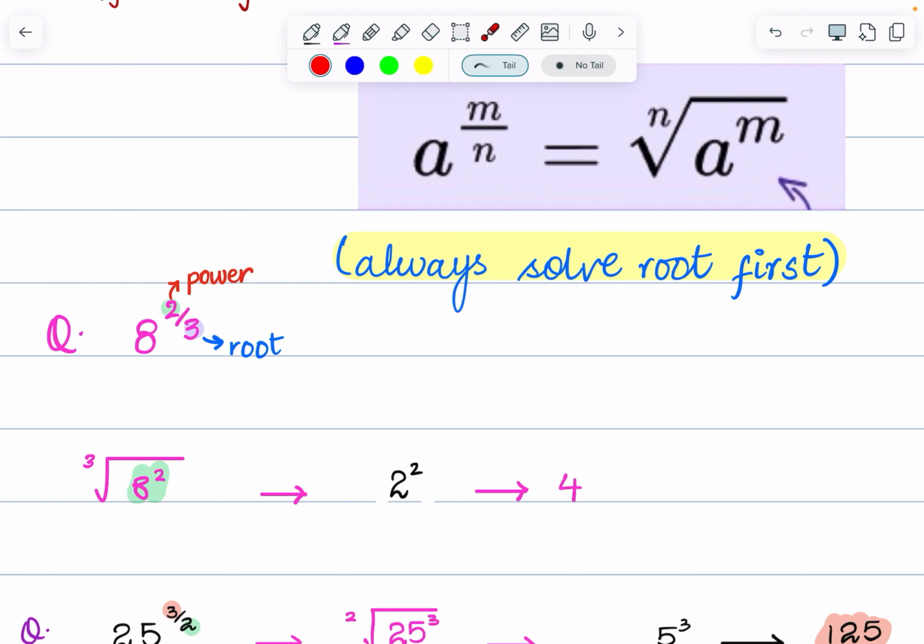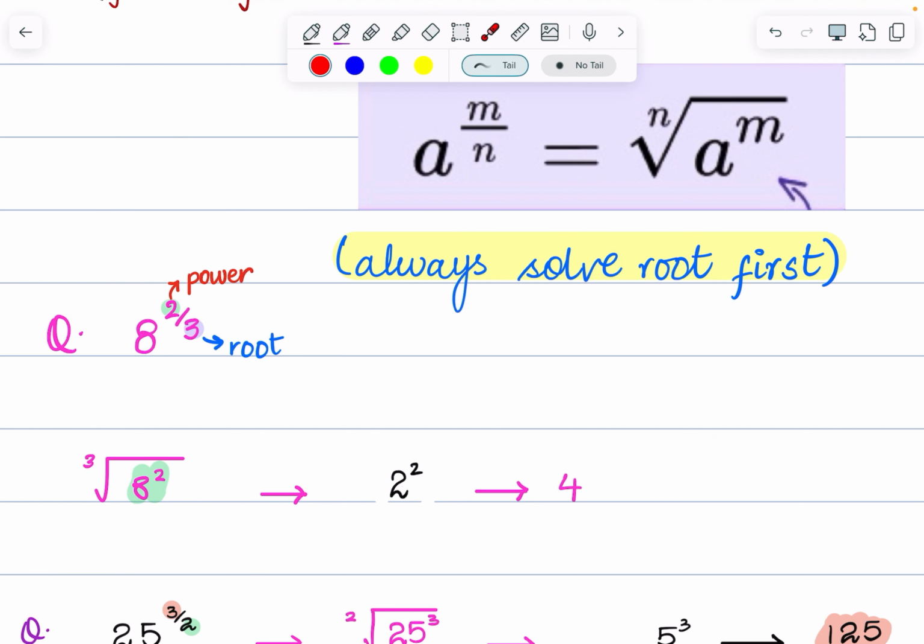Okay. You will always solve the root first. Whether it's a square root, cube root, whichever root, you are always going to solve the root first. The simple reason behind this is that if you solve the power first, it doesn't matter, it won't change the answer. But you will have such a big answer that sometimes we don't remember their square roots and cube roots. So it's always better to solve the root first and then solve the power. It ends up smaller. Finding the square of any number is easier because you just need to multiply the number with itself. Finding its cube is also very easy because you multiply the same number 3 times, like 6 times 6 times 6. But finding the cube root or square root of a number is harder. Got it?